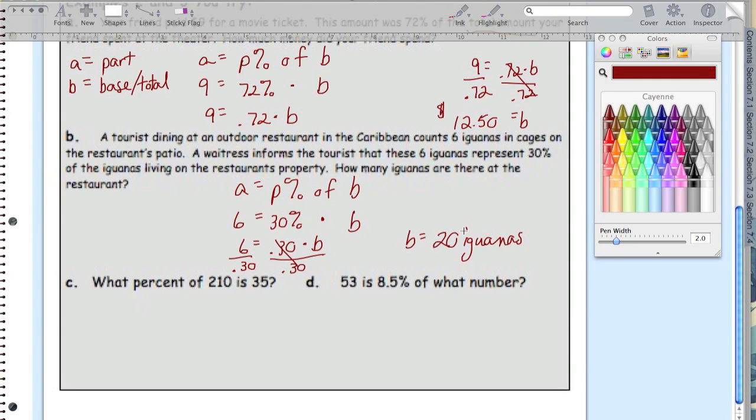No word problem here, so we can go ahead and solve it as we were, or we can just kind of do the translation. What percent P percent of is to multiply 210 is equals 35. I want to get P by itself, so I divide by 210. They cancel. P percent comes down. 35 divided by 210 is